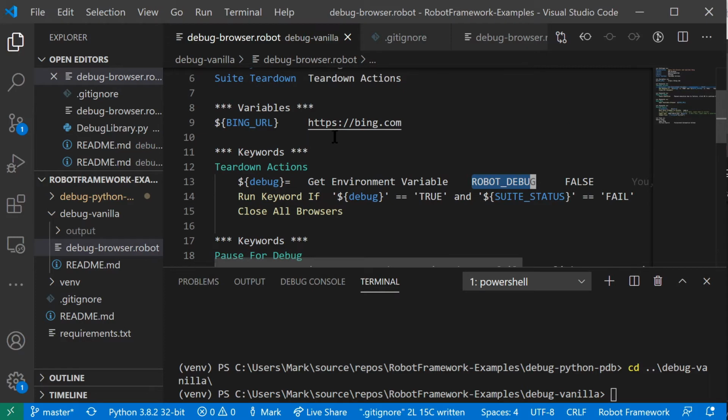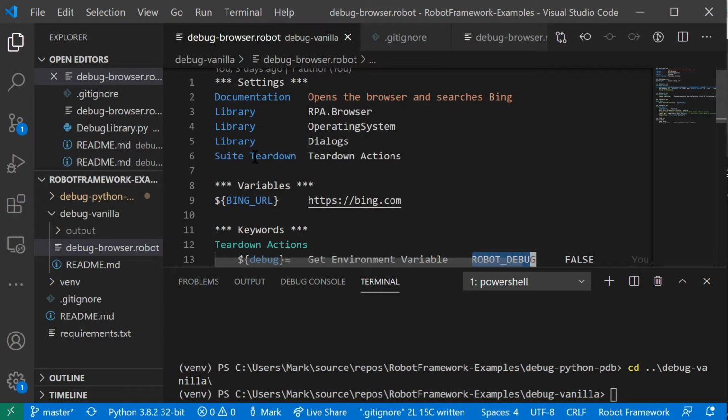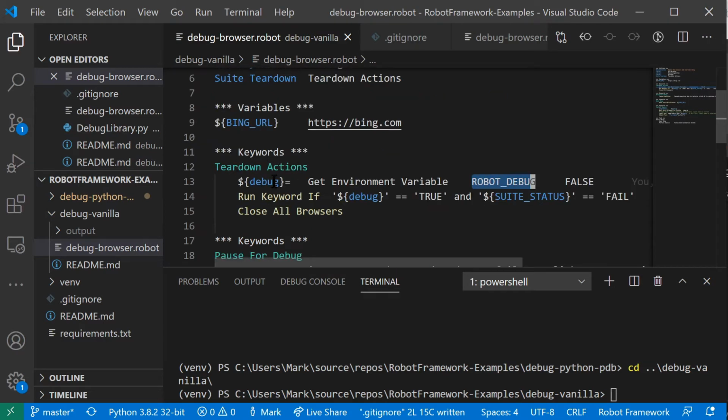First off, just to be clear, this is the teardown actions that's happening. This is listed at the top of the script, the robot script suite teardown. In this case, no matter what happens with this script, pass or fail, this teardown gets run. And the reason is basically closing all the browsers is the most important piece, but now we've added some things to this. We've said, let's look at if there's an environment variable called robot debug first off. By default, it will be set to false, but if it's set to true, if I pass it in, then